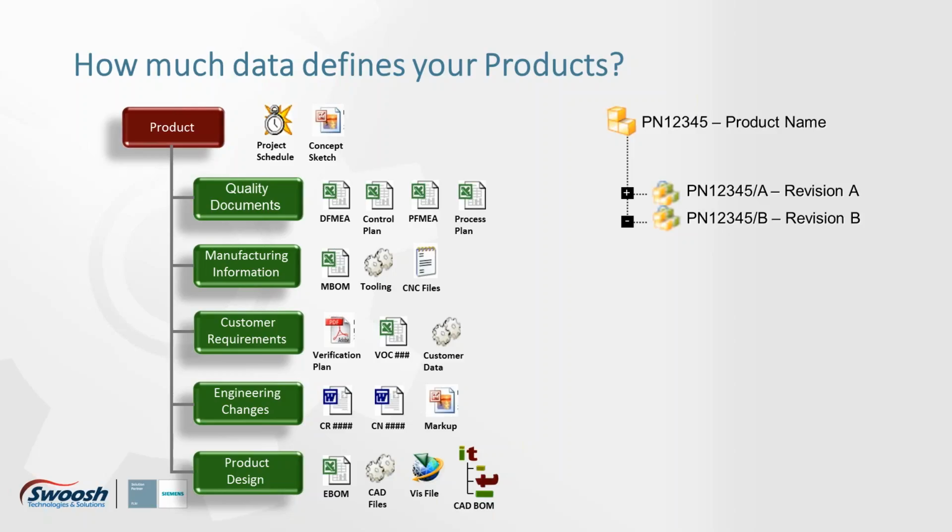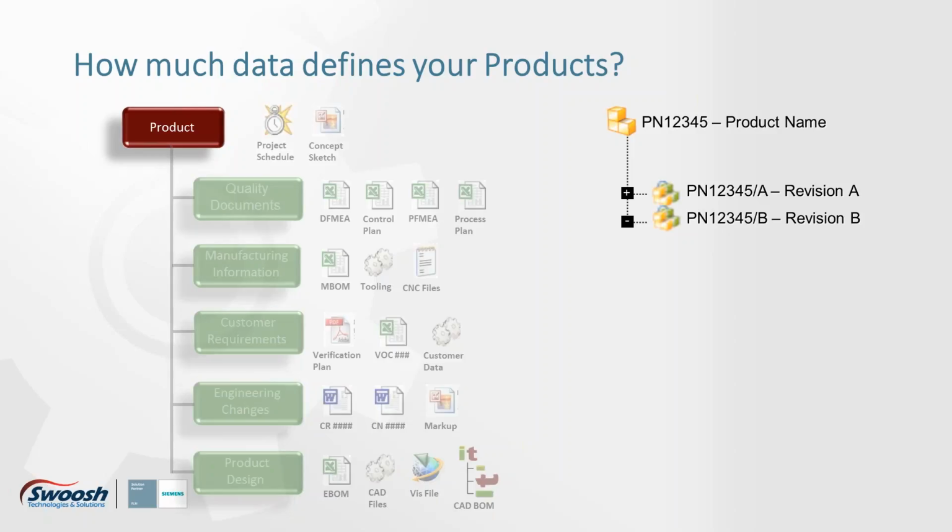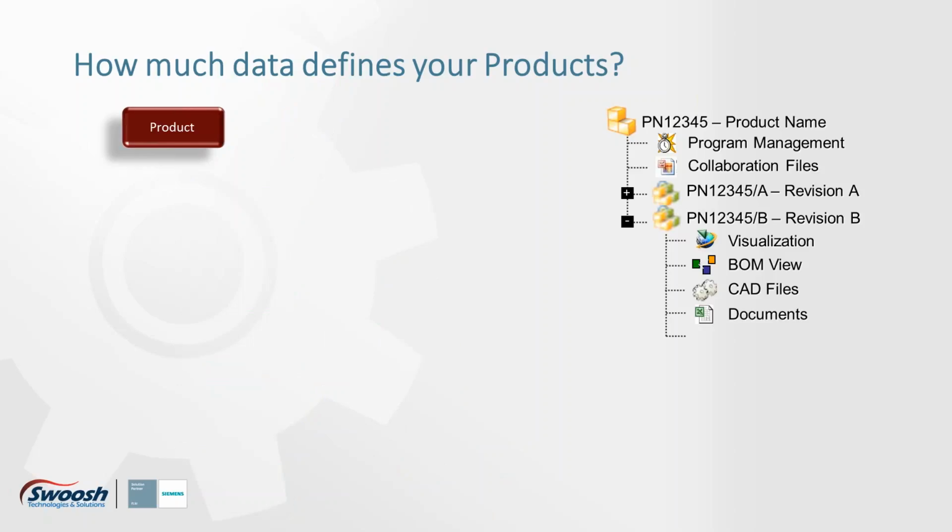So as you can see here, anything that's pertinent to the generic product type can get stored under there. And if you look at the smaller containers, item revision A and revision B, the data that reflects that particular revision is stored directly underneath it. It's a relationship that's built. So if I do a search for the product inside Teamcenter, I'll be able to see all the data that's relevant to item revision B. I can look at all the data that's relevant to item revision A. The history will always be maintained.